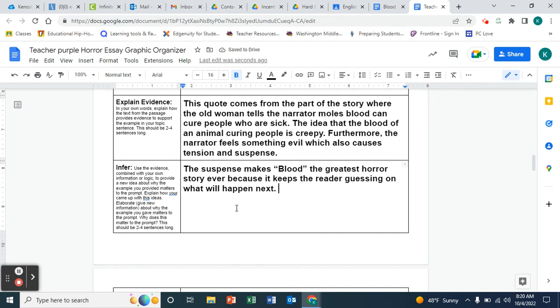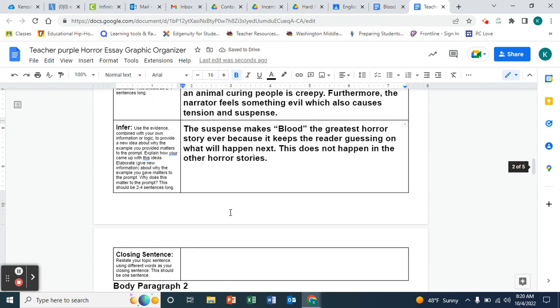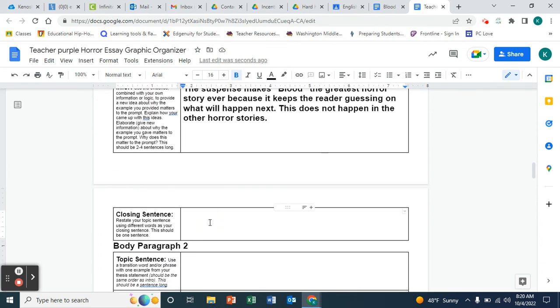The suspense makes Blood the greatest horror story ever because it keeps the reader guessing on what will happen next. Okay. And then this does not happen in the other horror stories, so you explain why yours is still the best. A closing statement would be, "In conclusion," which I got from the bottom, "this is why"